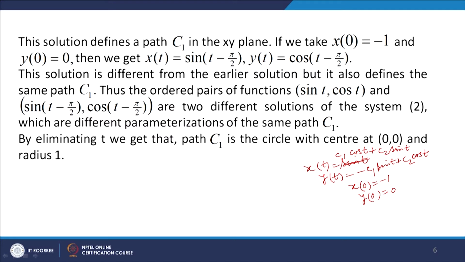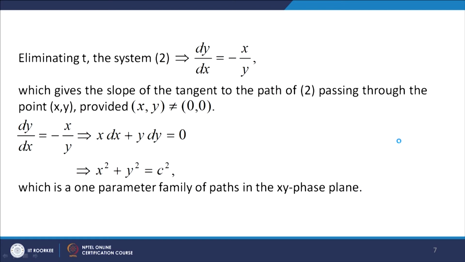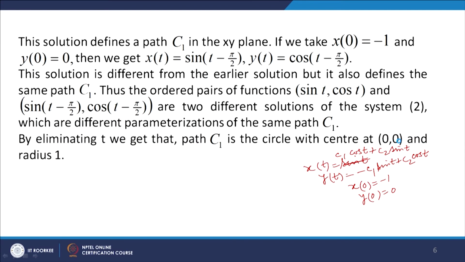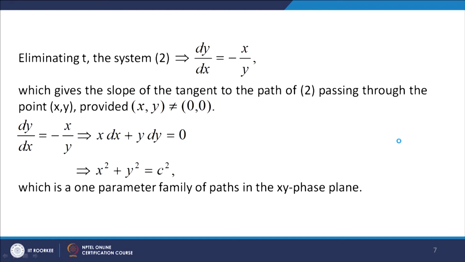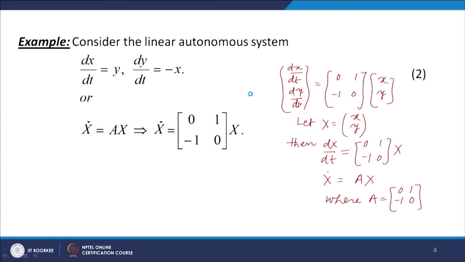and radius 1. Now, eliminating the t in the system 2 gives us, see, we have these equations, dx by dt equal to y, dy by dt equal to minus x. So, dy by dx here will be given by minus x over y. So, dy over dx is equal to minus x over y, and this gives the slope of the tangent to the path of 2 which passes through the point (x, y). So, this is your system 2, dx over dt equal to y, dy over dt equal to minus x. So, dy over dx is equal to minus x over y,